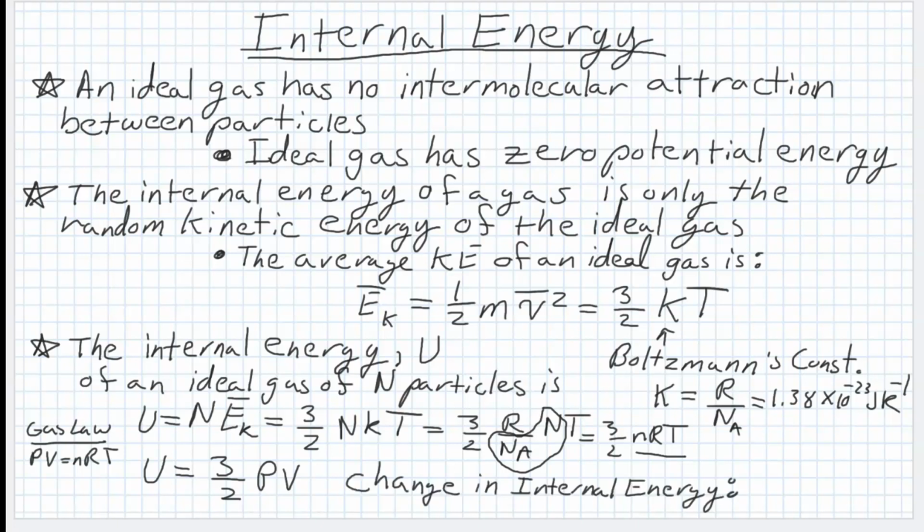This means that if we wanted to calculate a change in the internal energy of our gas, delta U, we could simply take 3/2 the number of moles times R times the change in